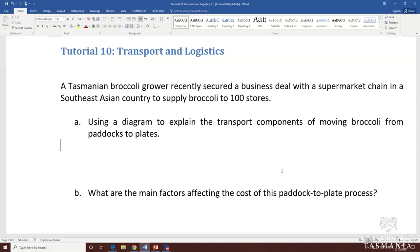With Panamax and post-Panamax ships going to the Port of Melbourne, we can achieve that kind of scale if those ships are filled with containers of broccoli, but that's probably not realistic. As long as the ships are full of containers. Another factor we discussed was